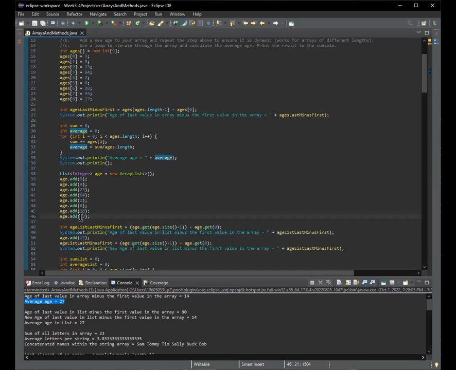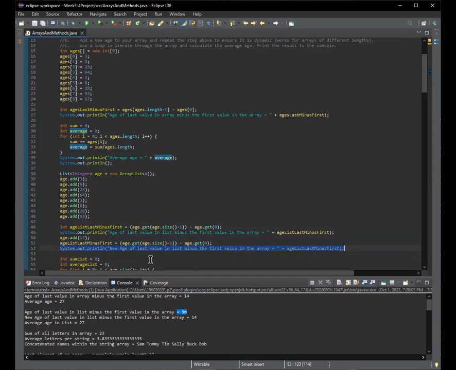And since I only added the first 8 right here, I wanted to make sure that this worked for any length, not just what I had up here, but with any length. I made sure that I did that, and this is what I printed out with. So you can see that it comes out with 90 instead of 14. Why is that? So 93 minus 3 equals 90. So then I added 17, just like up here. And then I did the same thing, it's right here, but then I printed out